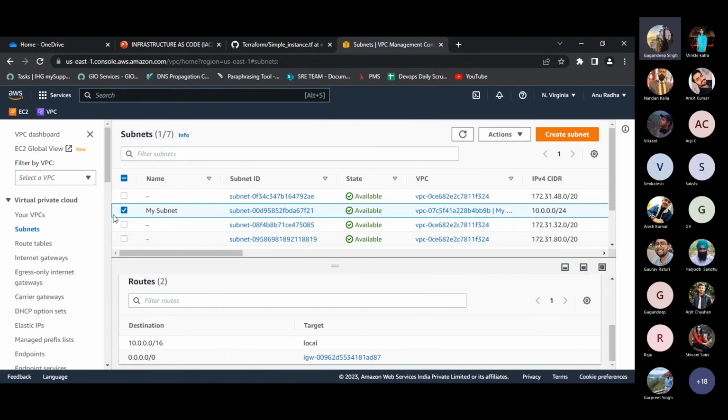We can see in these routes that both are already present over here. So all the six resources I've shown you were created through the Terraform main.tf file, the basic creation of an instance through Terraform.